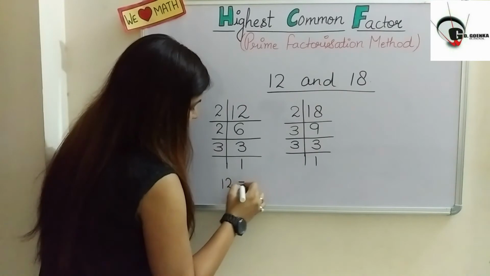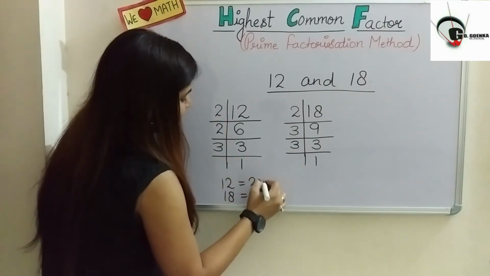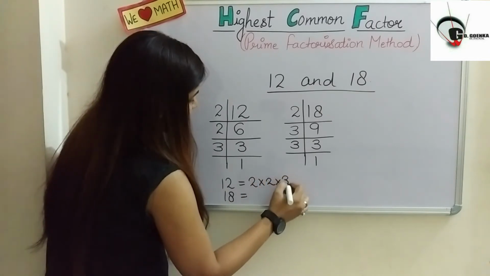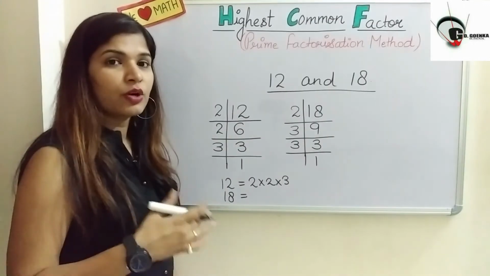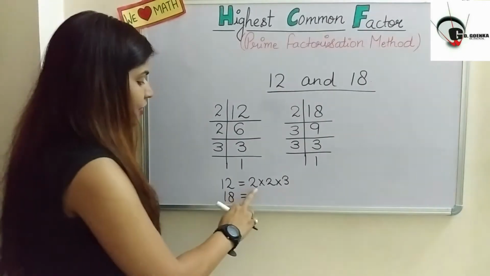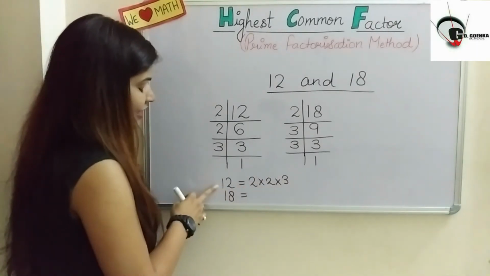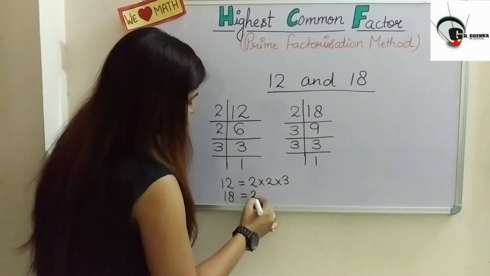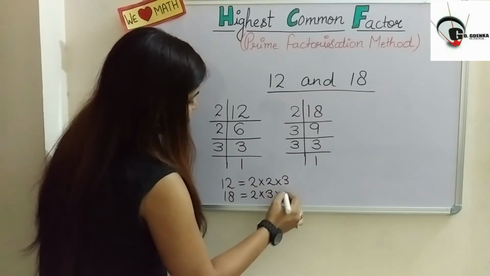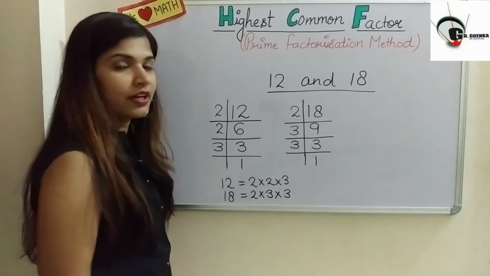Now we need to write down the prime factors here together. So it is 2 multiplied by 2 multiplied by 3. And children, you can check whether you are going in the correct way or not, because you can check it here. 2 twos are 4, 4 threes are 12, and we are getting the same answer. That means we have done it the correct way. Now 2 into 3 into 3. Again we need to check. 2 threes are 6, 6 threes are 18. Yes, we are going the correct way.